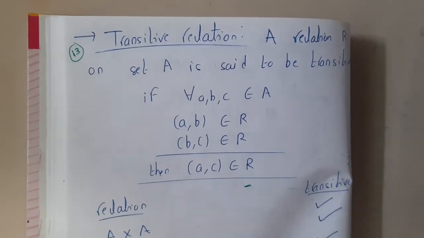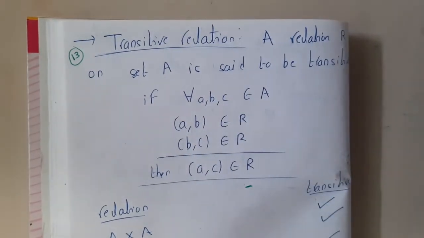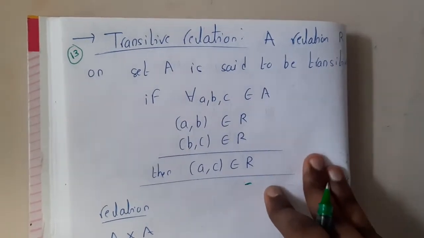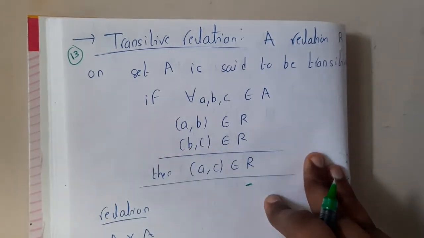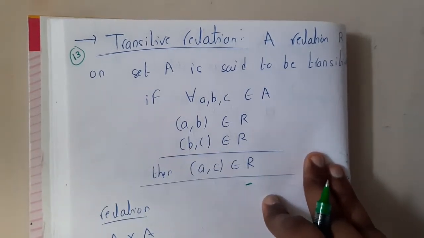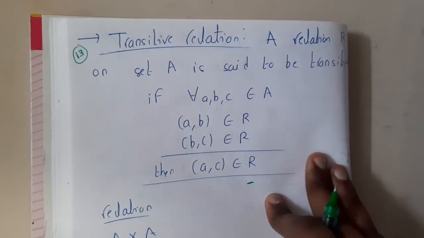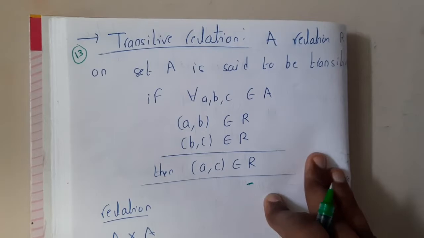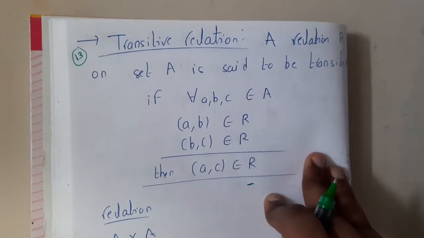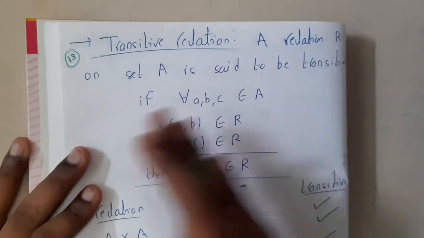In this lecture, let us go through the next topic, that is transitive relation. I think most of the students who have already learned relations will find this an interesting relation. I also have fun while solving these transitive relation questions. I'll also be teaching you an algorithm, so that rather than thinking it through, you can directly follow a particular method and conclude whether the relation has each and every transitive pair or not. Anyway, let us start the discussion.